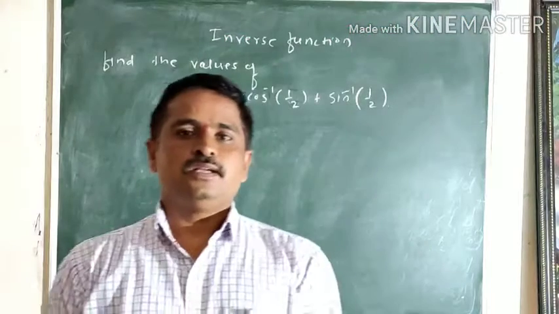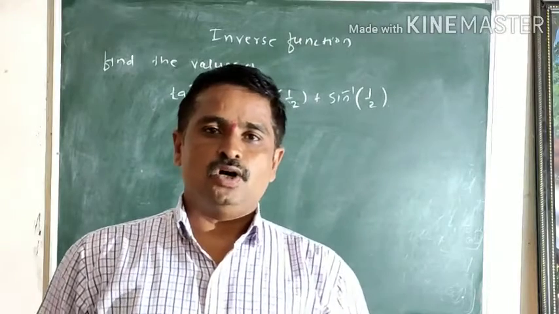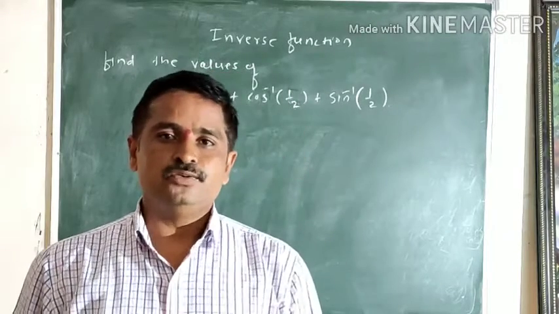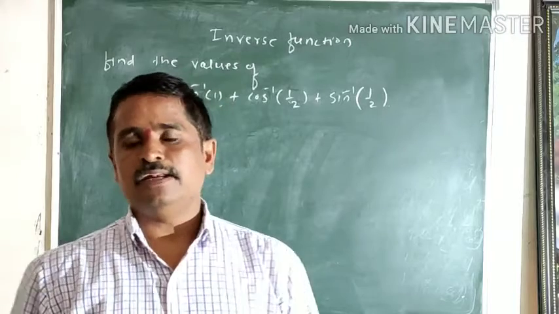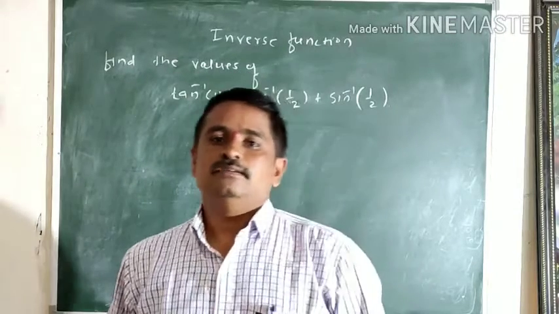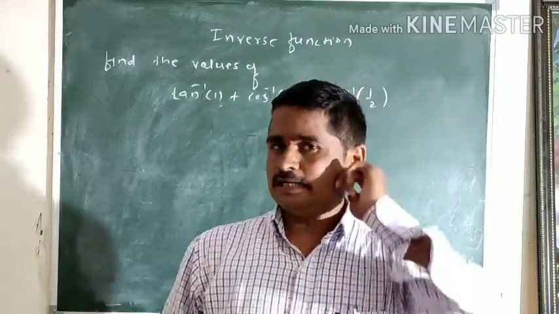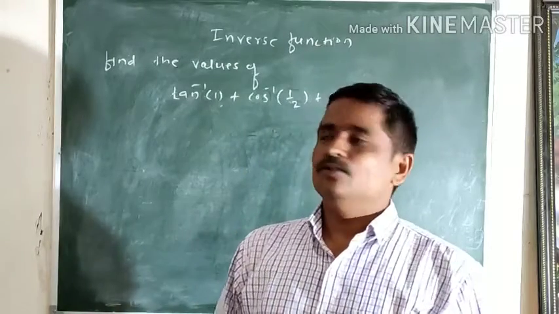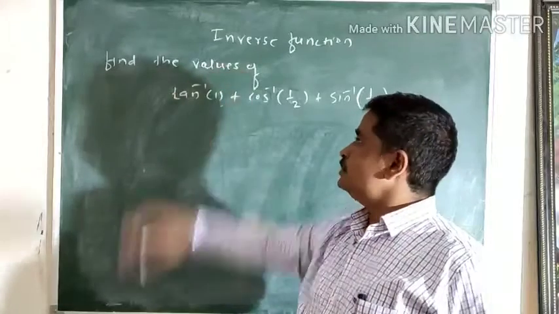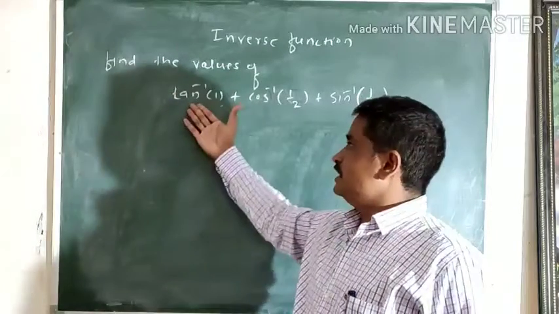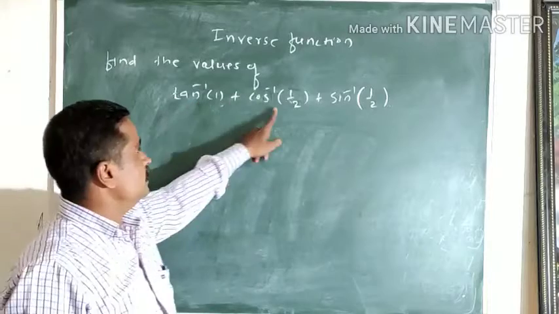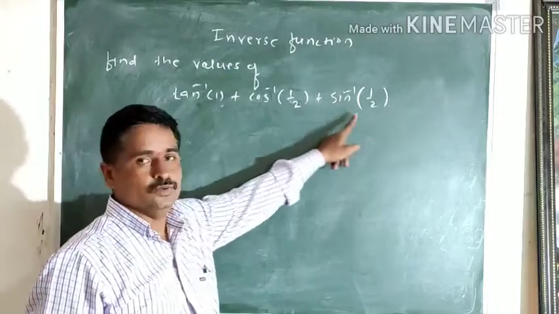Hello student. In the last period we learned about the inverse function, the principal values of inverse functions, and the procedure for finding them. We have already explained that, and now we are going to find the values of such a type of function, that is tan inverse of 1 plus cos inverse of 1 half plus sin inverse of